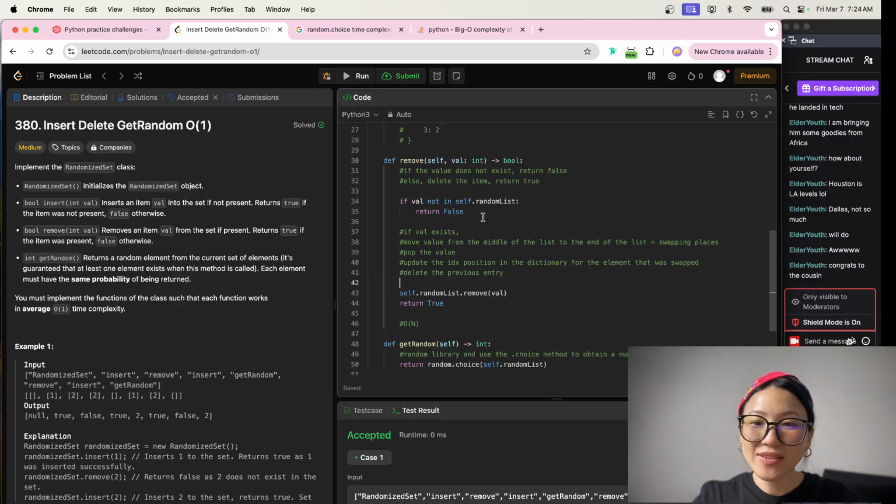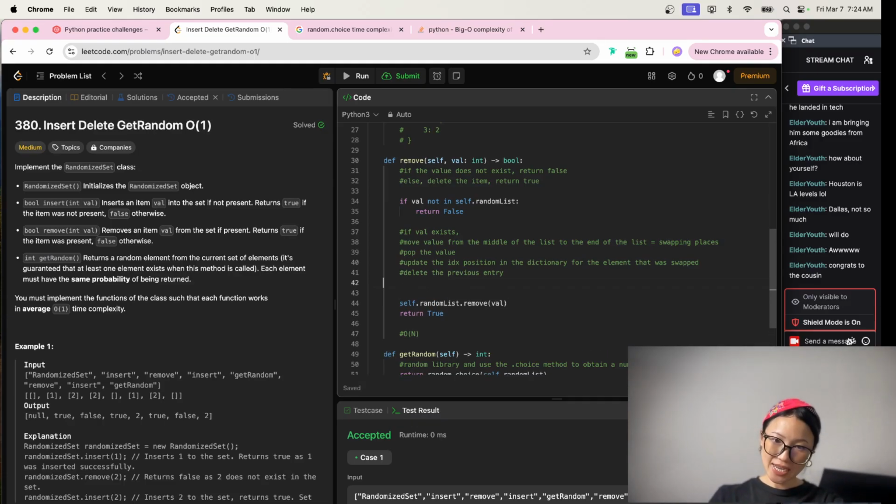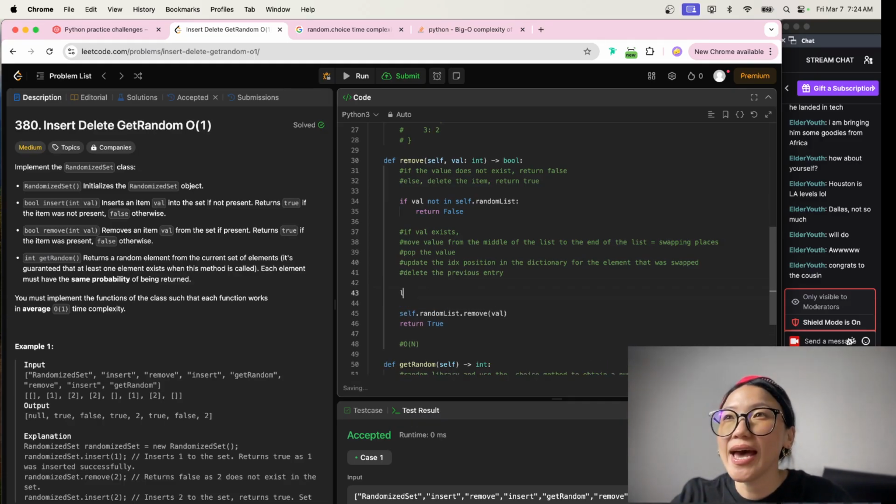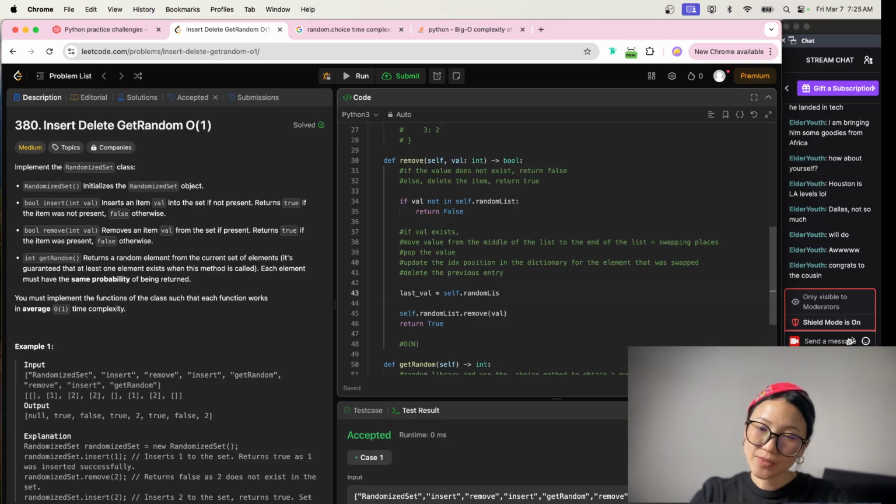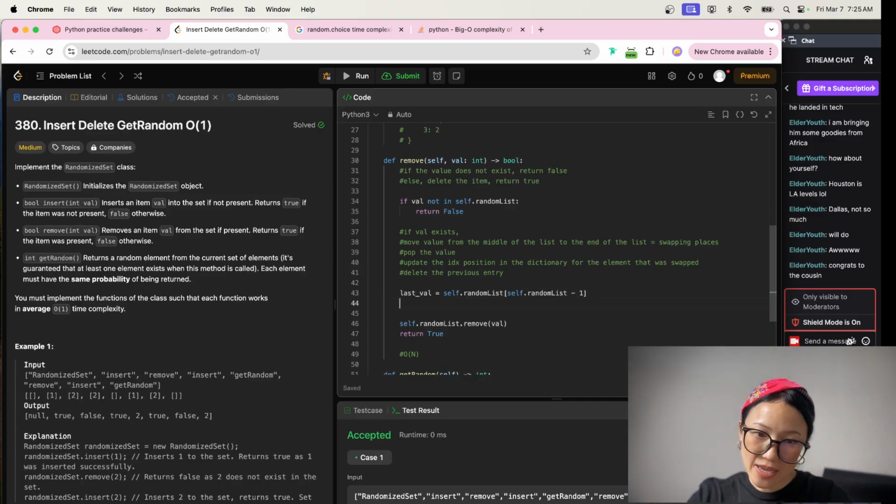Okay, so if val not in self.random list, we're going to return false. Else what we're going to do is say that last val is equal to self.random list of the last index, random list minus 1, and then we're going to say element to move is equal to self.random